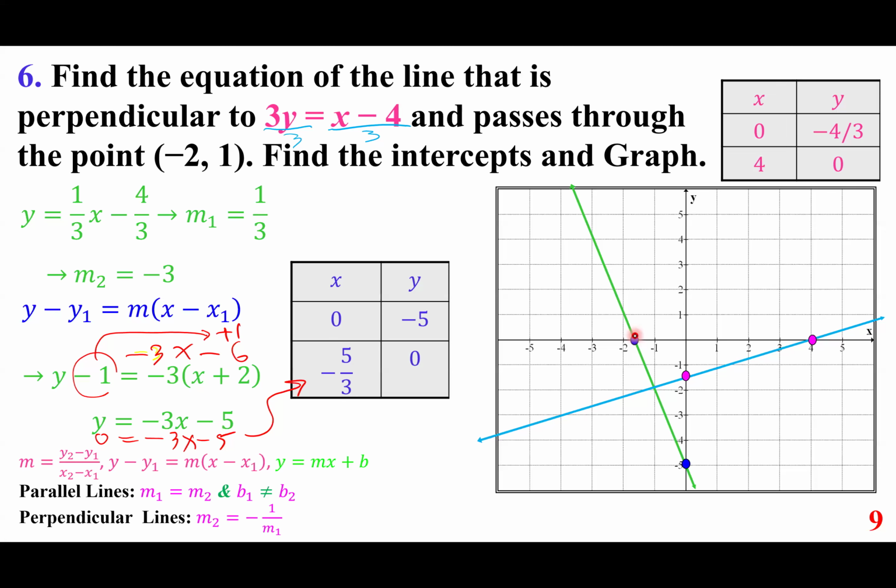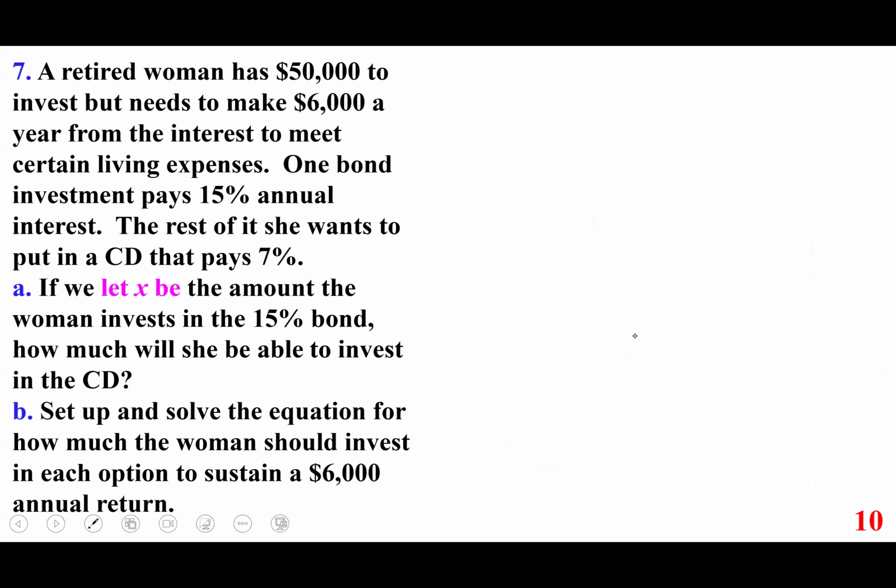All right, we're going to move on. And this is -2, 1. That's the pair that we used. All right, a retired woman has $50,000 to invest, but needs to make $6,000 a year from